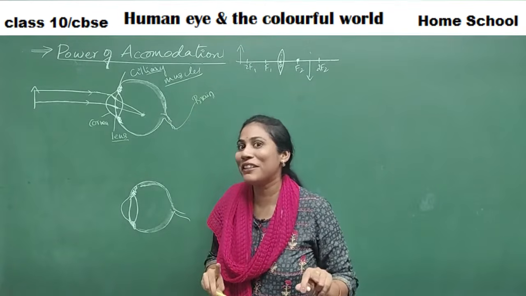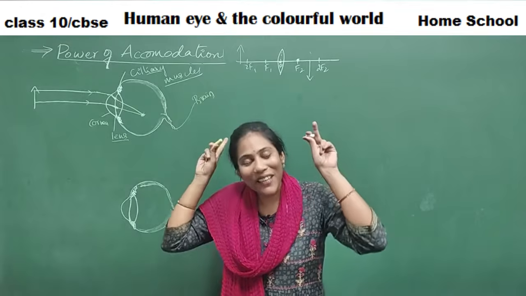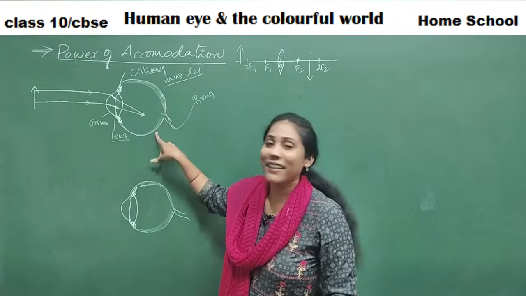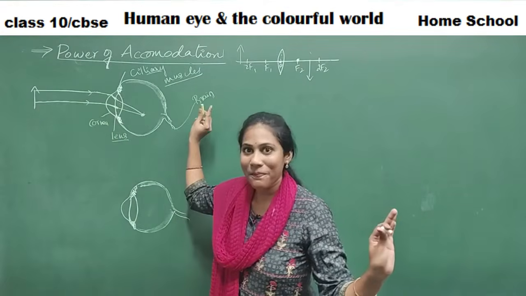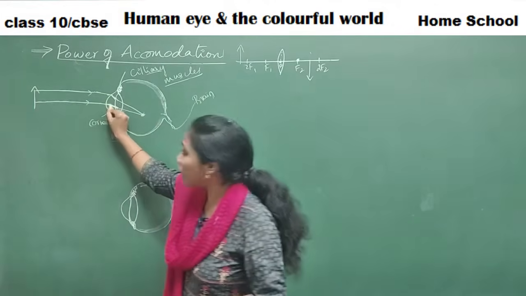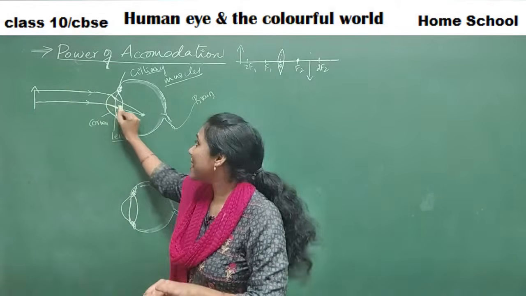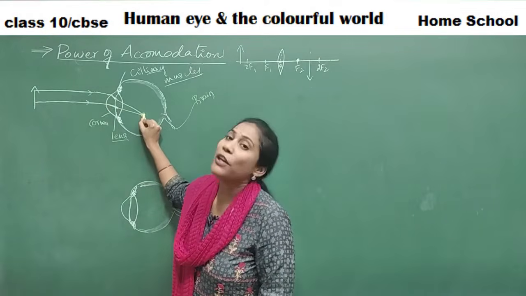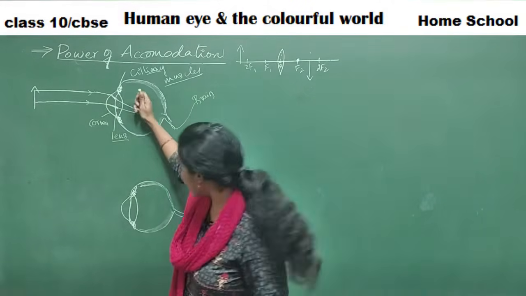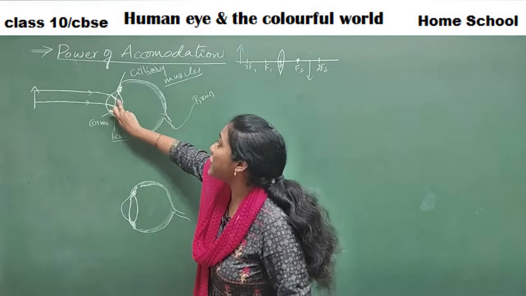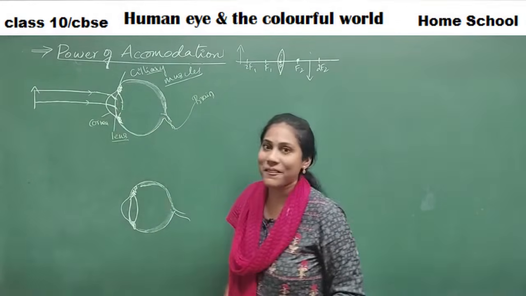Otherwise, it will not go to the brain, right? So it is very much necessary for the image to be formed on the retina and nowhere else. Okay, so here when the object is very far away, the rays have already traveled so much distance that the refracted ray would end up meeting here. So what happens here is, the ciliary muscles will change the shape of the lens.